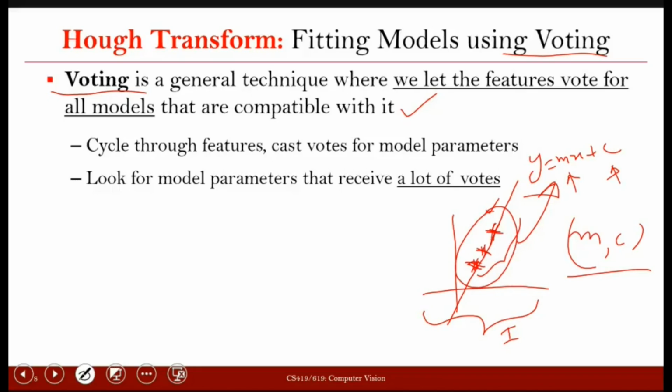So in this process of voting, as I just explained, what we have to do is cycle through all the features we have in the input image, like the 3 features here. We have to cycle through all those 3 features, or all the available features, and see that every feature casts votes for the model parameters. Once this step is done, we look for a model parameter where the maximum votes, or a lot of votes, have been obtained, and based on that, we can actually